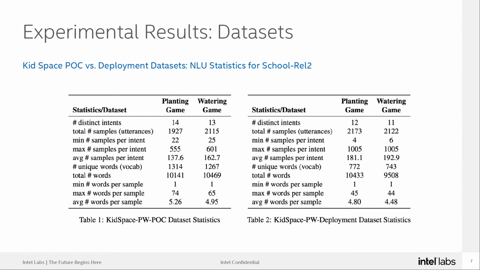The difference is we have slightly fewer intents, because some of the intents that we thought might happen never happened. We ask the kids certain questions, and the kids never go into that unexpected track. So some of the intents are not there in the deployment set. Also the utterances are slightly shorter in the real-world case. And as you might see, the sample sizes are more or less around 2K, but for some intents we have very few samples, and for some we have a lot, so the distribution is quite different.